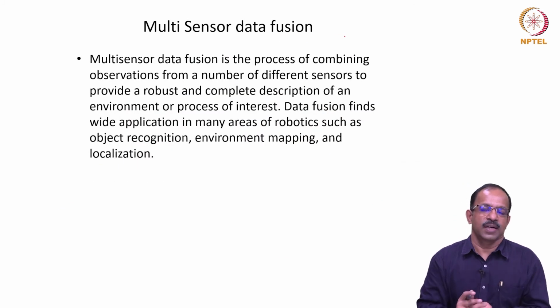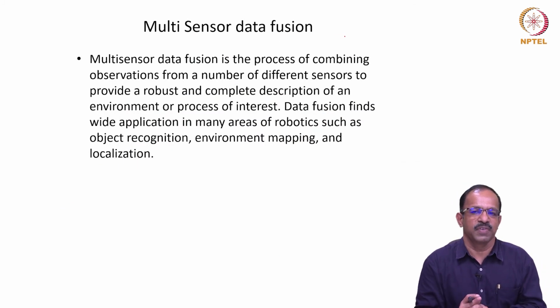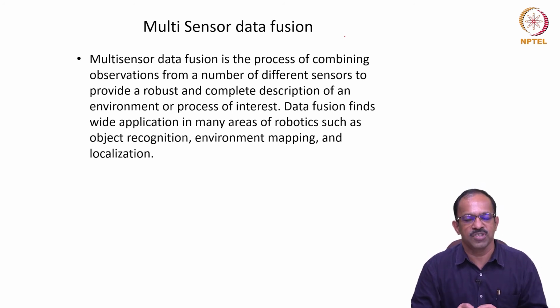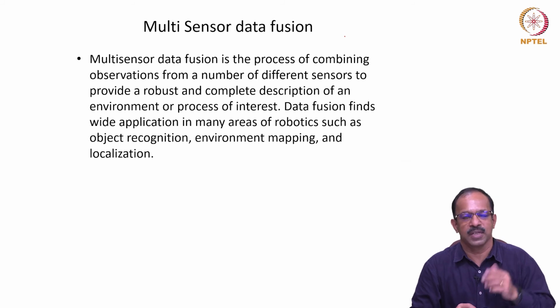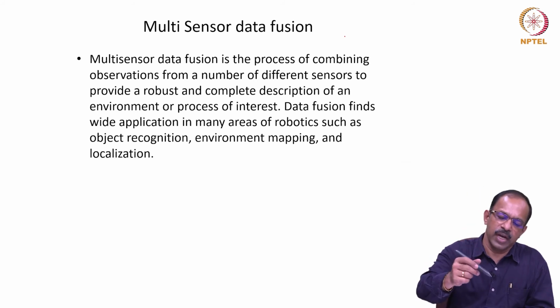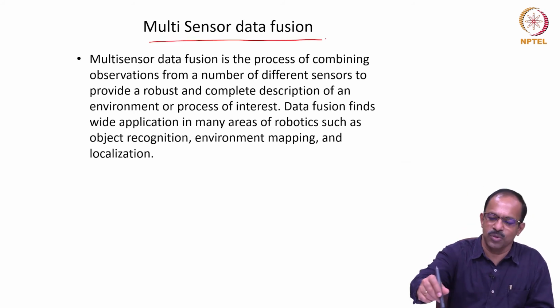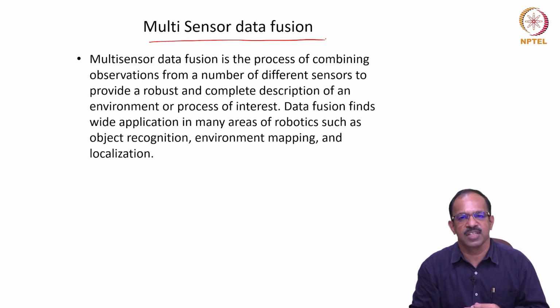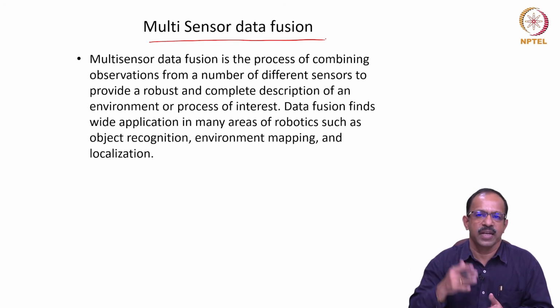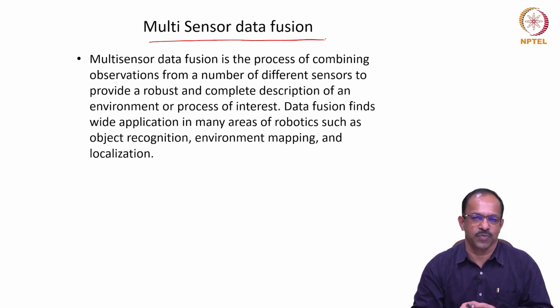So that's about single sensor issues. When you have a sensor and you use that sensor for estimating position or the velocity or some other parameter of the robot, you will be getting errors. So how do we actually avoid that kind of errors? So one way is to go for multi-sensor data fusion. So you don't depend on a single sensor, you use multiple sensors and then fuse this data and then have a better estimate of the position of the robot.